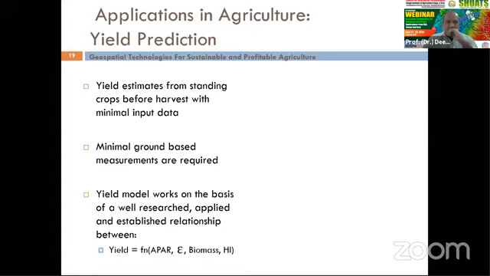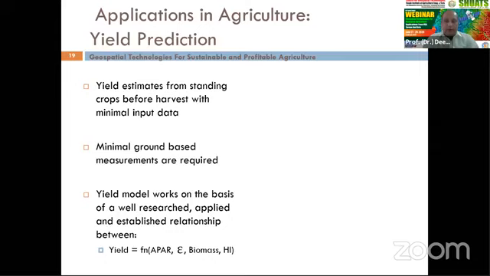Let's move on to the next aspect of crop management, which is yield prediction. Now, why do we like to predict yield? Obviously, to decide so many policies. I mean, it's not necessary that only policies need to be decided, but we can predict the yield of a standing crop, and we can make some improvements or some changes, or even changes for the next year. So it will be good to have a yield prediction,